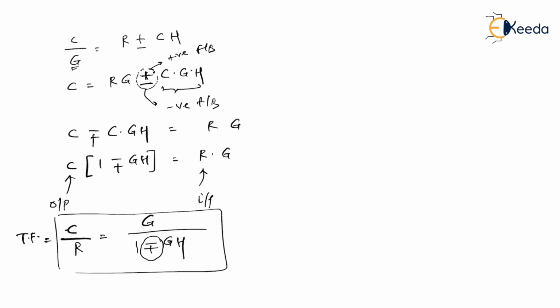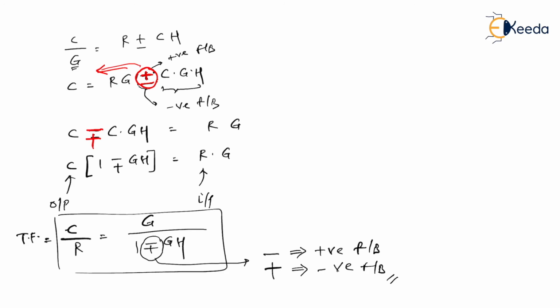So now in the denominator, look at the very first sign, which is negative. If you remember, this negative indicates what? It is a positive feedback. And in the denominator, if it is plus, it indicates negative feedback. So as I said, this is very, very important. Plus indicates negative feedback and minus indicates positive feedback in the denominator. And you know what? Same when shifted to the left, it became negative and it became positive. The reason why this is negative is because of positive feedback. And the reason why this is positive is because of negative feedback. So please remember this thing.